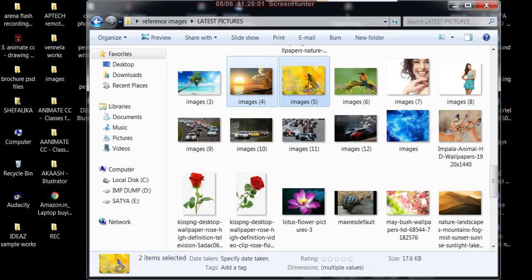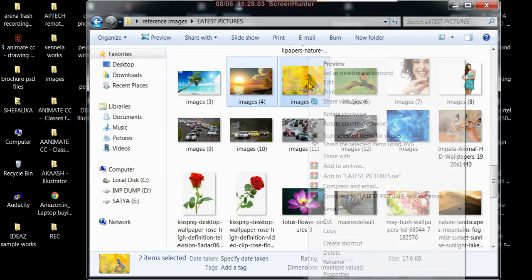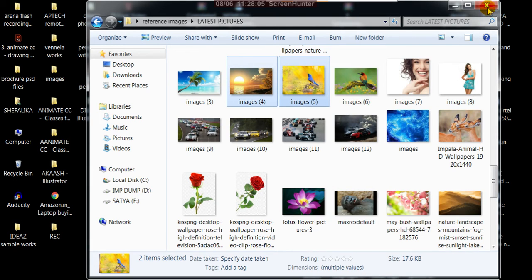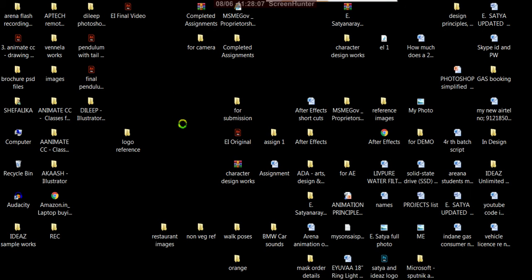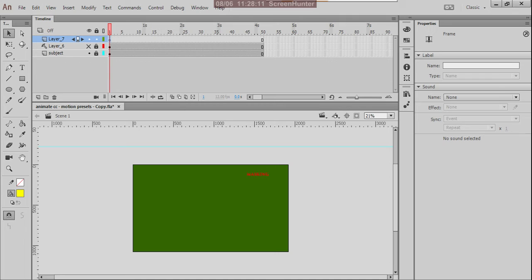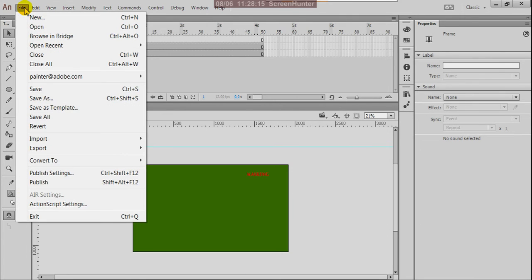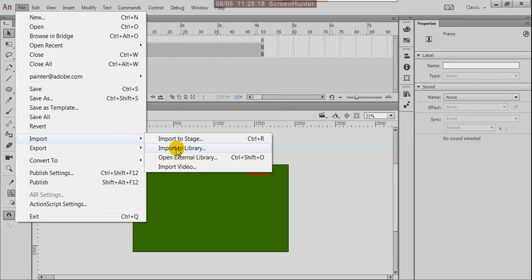I'll check with these two. Copy, paste here on the desktop, and with this Animate CC, from file you can import to library.